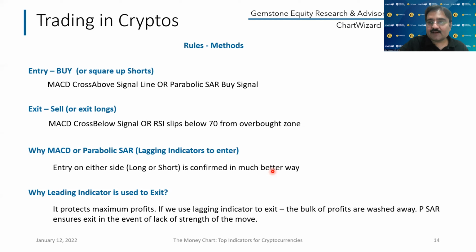And this is not the only method used in trading the cryptos. Ideally, we have deployed this method on 30-minute and 1-hour charts, but it can be used on any time frame. The only thing is that if you are using a different time frame, you need to tweak some of the default values. But we have been using these default values over 30-minute and 1-hour charts, and this is just for the viewers' info. I'll keep the screen on for a couple more seconds so that anyone who wants to can note it down. I reiterate, this is just one of the methods to trade cryptos.